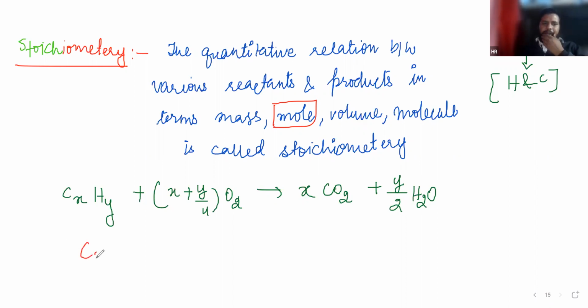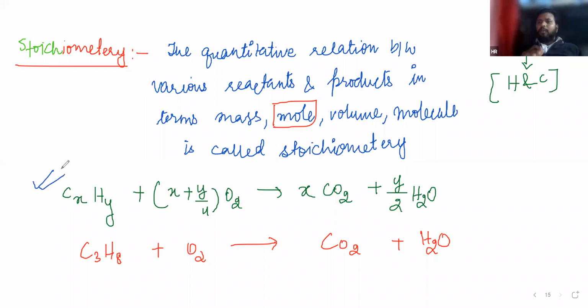Just see, if we have a question like C3H8 and O2, we know that whenever combustion of hydrocarbon takes place, the product is fixed: carbon dioxide and then water. The general equation helps us to balance fast. Here is x and you need to put the x here too. Now here is y, and it is x. According to the general equation, whatever is the y, you need to divide it by 2 and put it here, then it will be 4. Will it be or not?